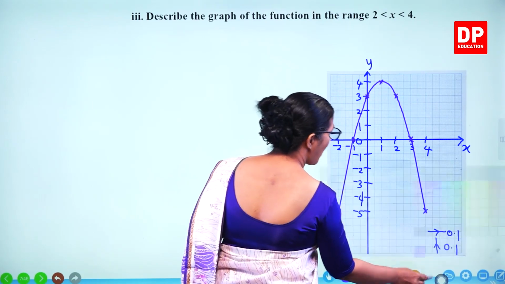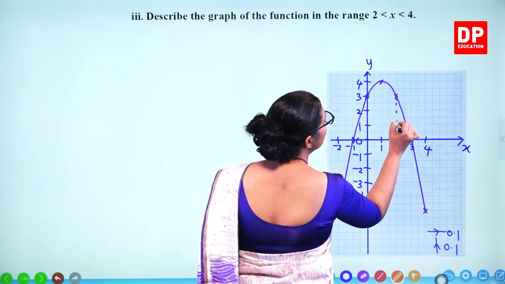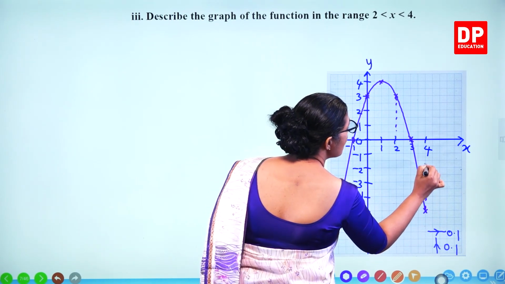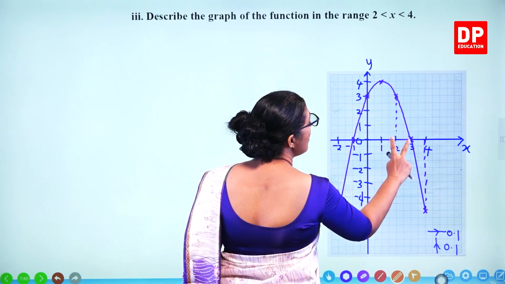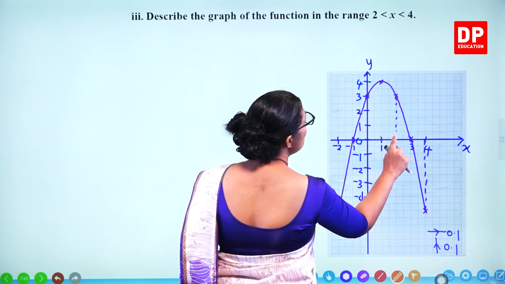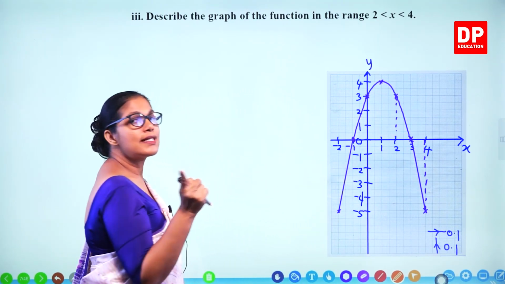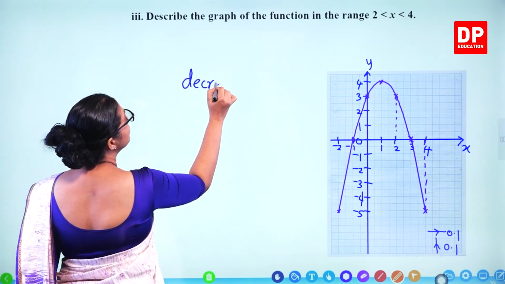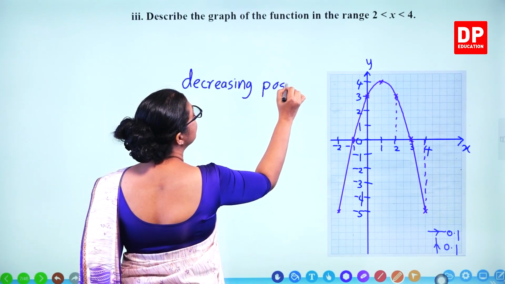You need to describe from 2 to 4. So 2 different functions, so you have to write it separately. So we'll write what happens when it goes from 2 to 3. It's decreasing positively. So you can write decreasing positively